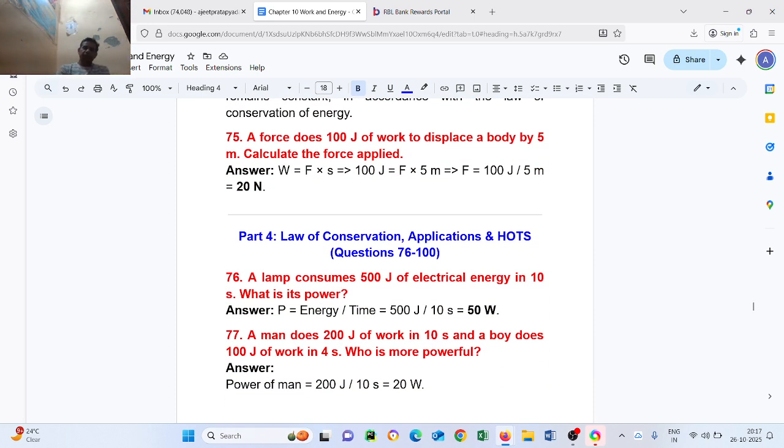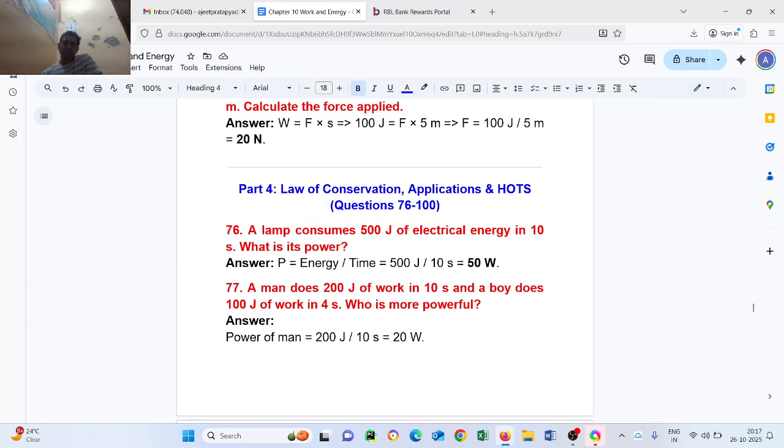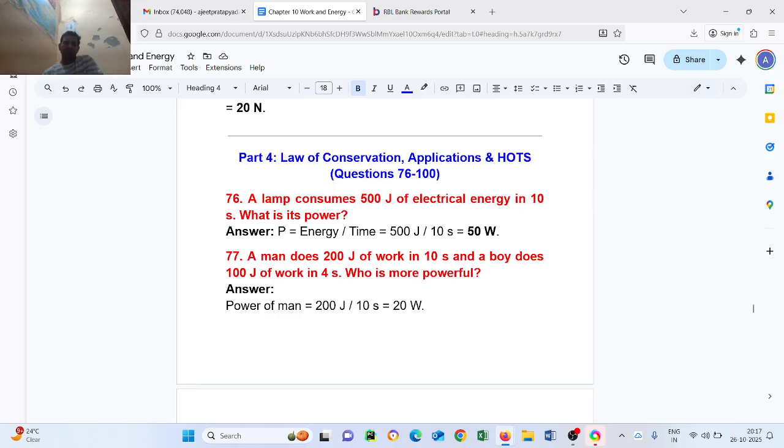Now move to part 4, law of conservation. Part 4, law of conservation, application of HOT, question 76 to 100. Question number 76. A lamp consumes 500 joule of electrical energy in 10 seconds. What is its power? P equal to energy upon time equal to 500 joule upon 10 seconds equal to 50